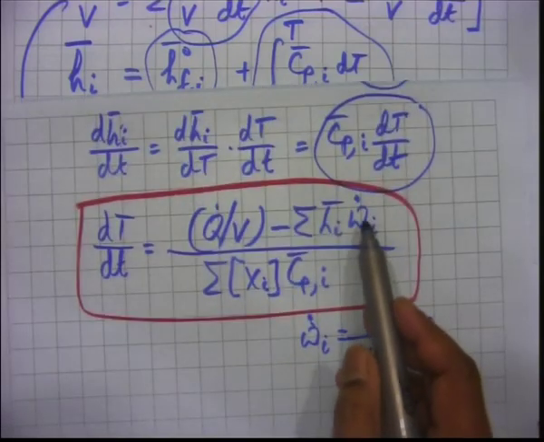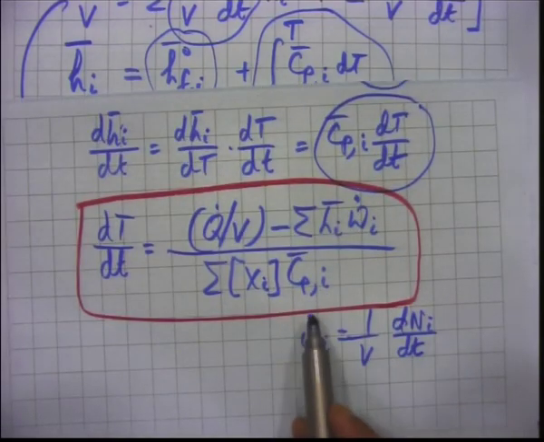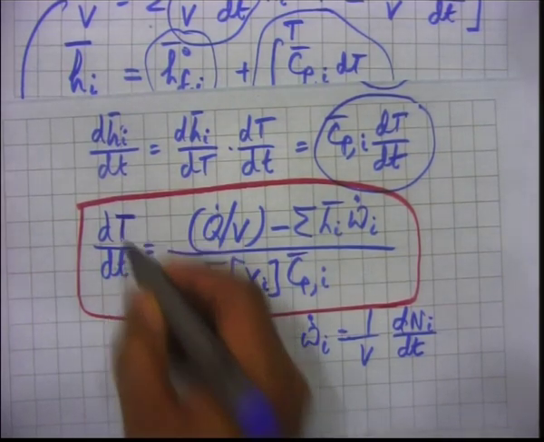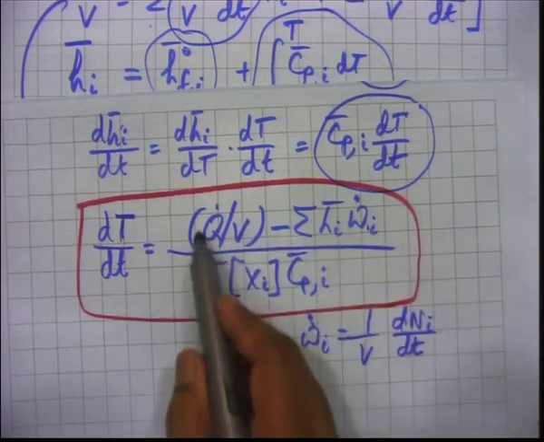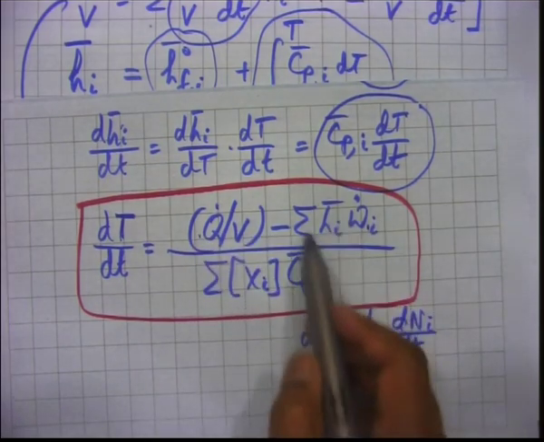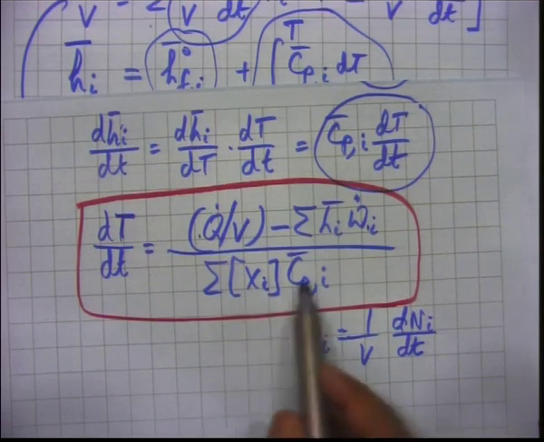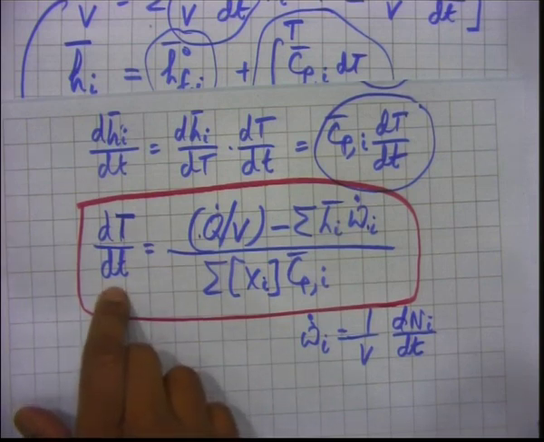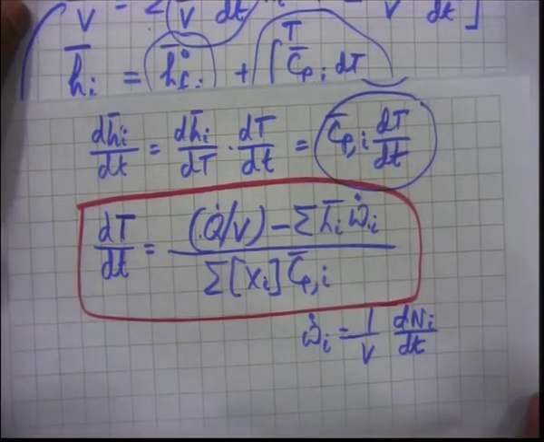So, this omega dot i has some connection with the reaction rate, and these are species concentrations. So, it tells you that the rate of evolution of temperature depends on the reaction rate, depends on the heat loss, and depends also on individual species enthalpies and the concentrations of individual species. Okay, this is not the complete picture. In the next class, we have to derive expressions for the species conservation equations. This is just one equation, we need many more. Only then will we close our system of equations.